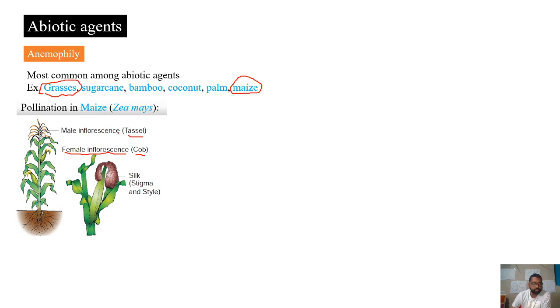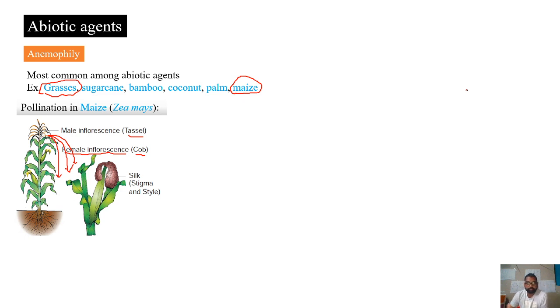In the pollination process, the pollen grains will be released from these flowers. The pollen grains are slightly heavy, and they can move through the wind. When there is wind, they will not just fall vertically; they move slightly away depending on the wind. So they can reach the female inflorescence where fertilization can occur. That's how the wind helps in the pollination process. In grasses, basically, you can find this kind of pollination.